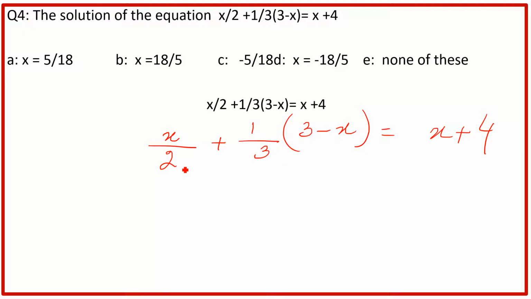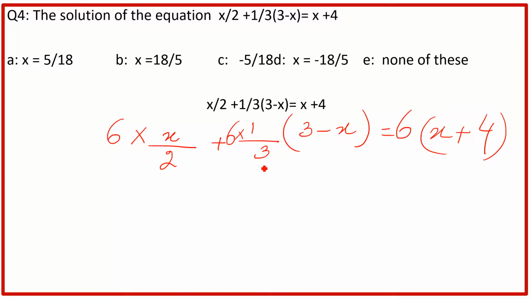I have told you, if you have a fraction, you have to remove or eliminate the fraction in order to make the question easy. So how will we remove this fraction? If there are three terms, 1, 2 and 3, you have to multiply each term by 6. Now again the question arises, why 6? Why not 5 or 4 or any other number? You have to multiply each term with a number which is divisible by these denominators.